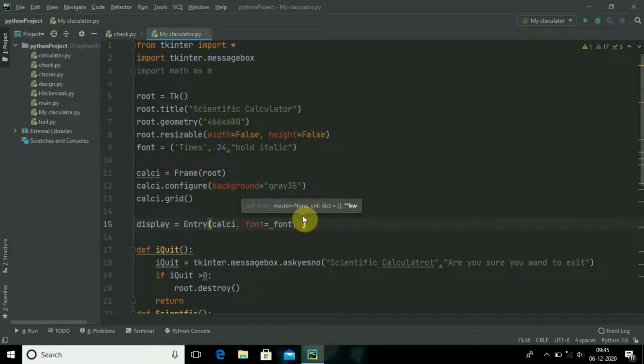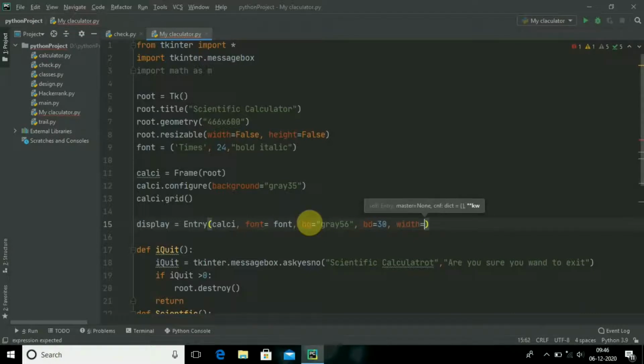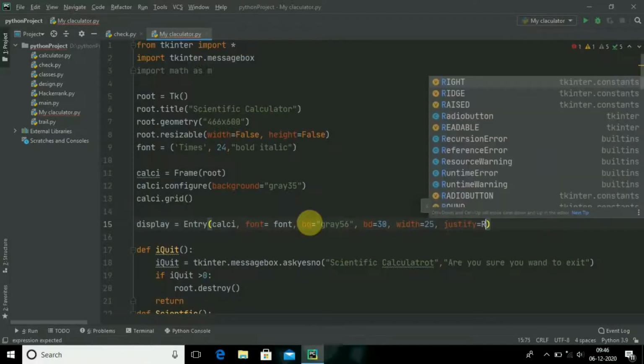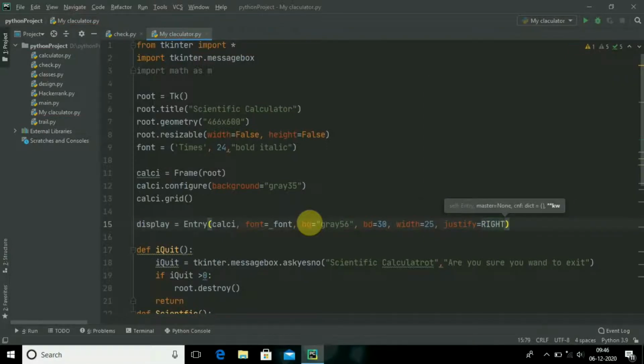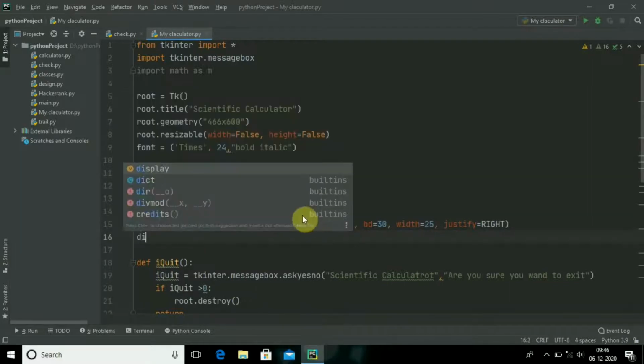Next is the background color, and the background color I will be giving is gray 56, width 30, and whatever I will be typing, it should appear from the right side. So right, then I will place this on the top of my frame.